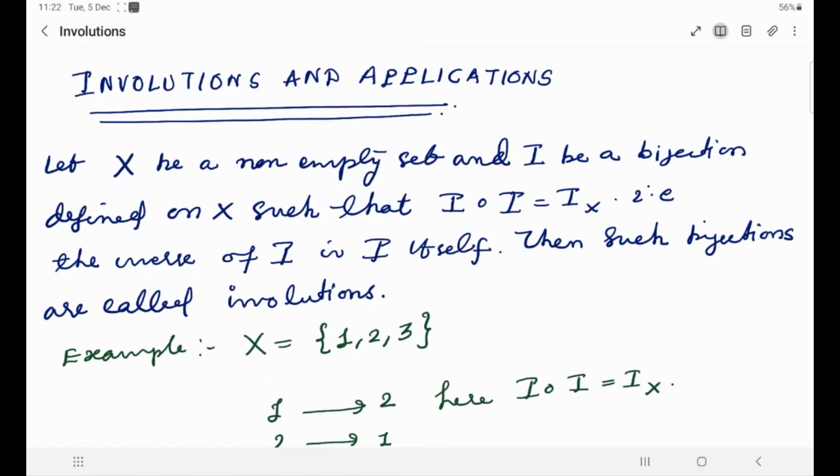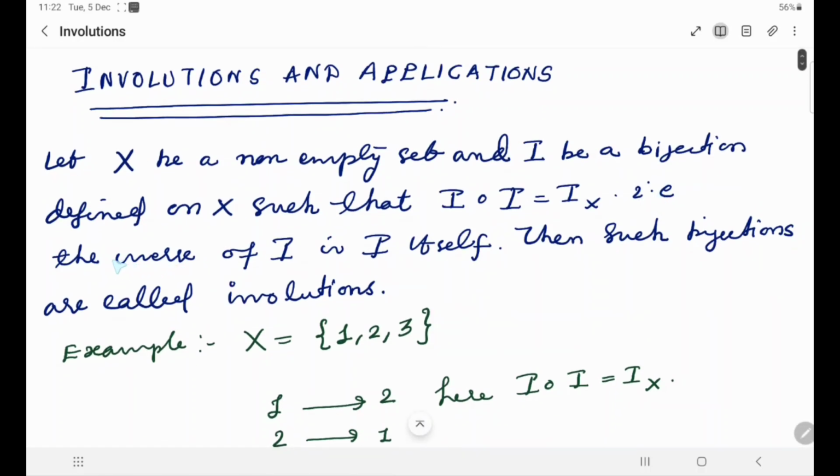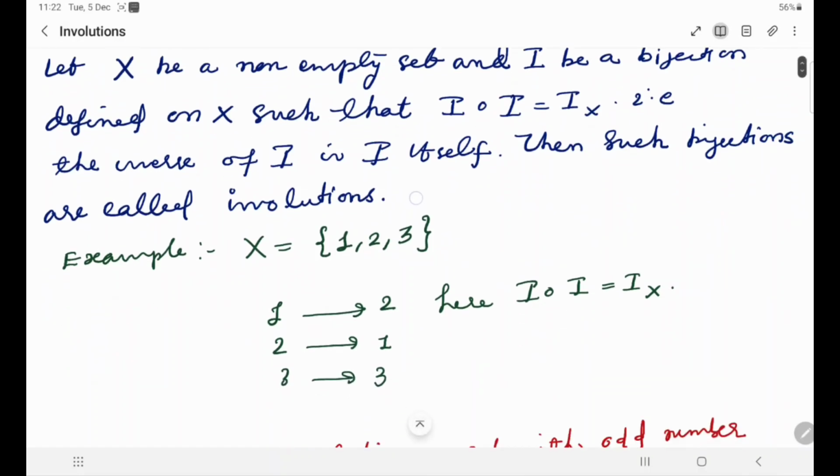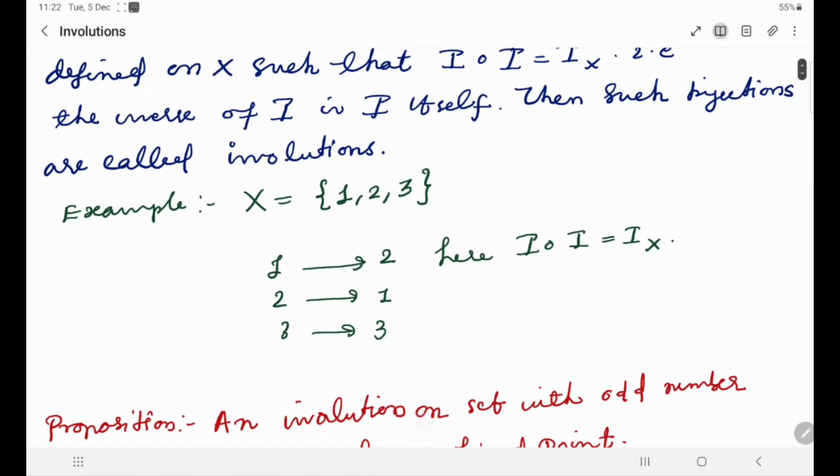I dot I is Ix. Now, Ix means each element maps to itself. That's actually an involution. In other words, because I is a bijection, we can talk about its inverse, and this inverse would be I itself, and such bijections we call involutions. For example, take X as a non-empty set containing 1, 2, 3, and I